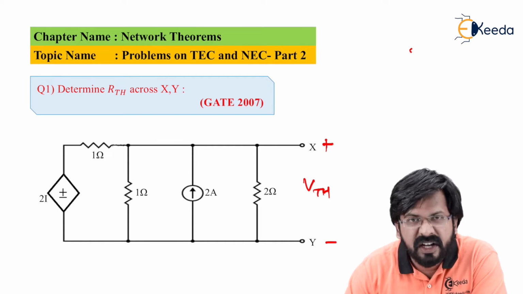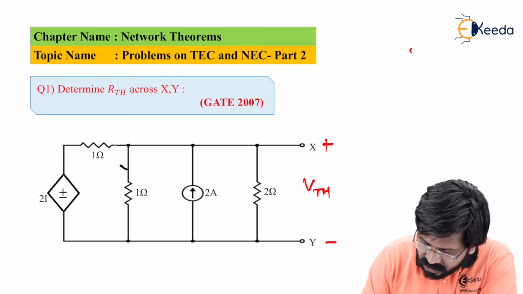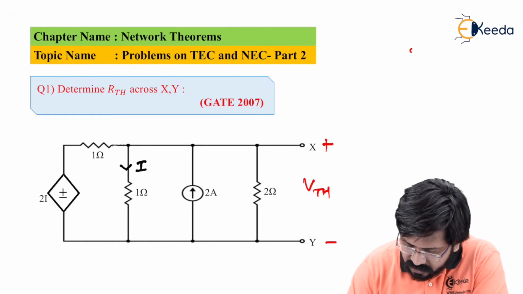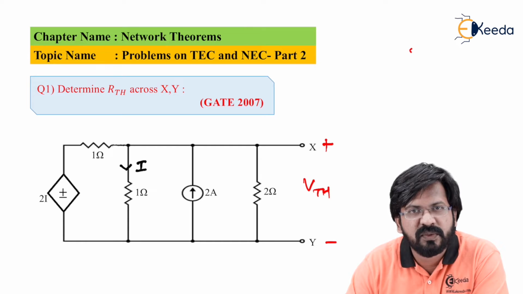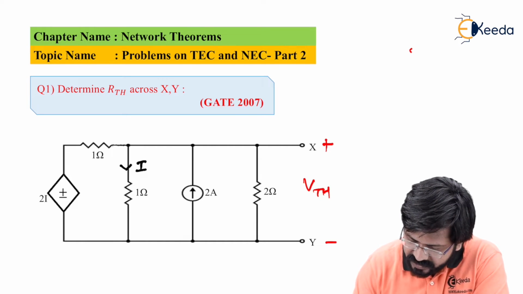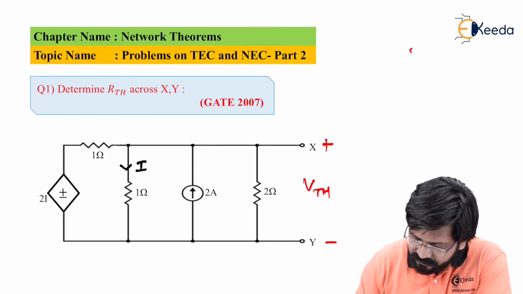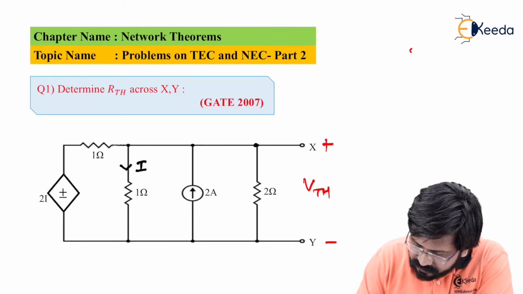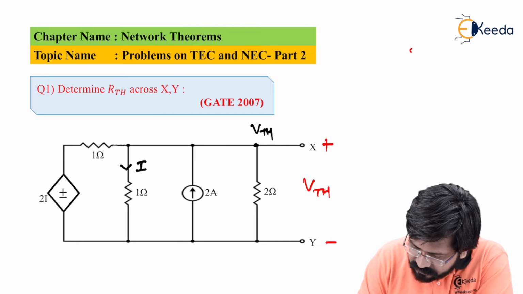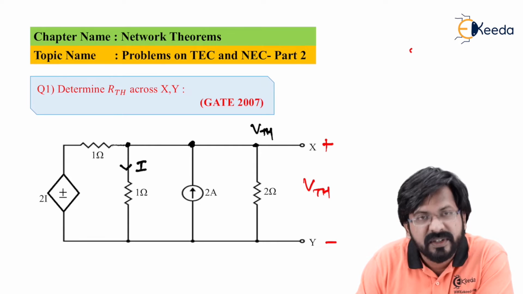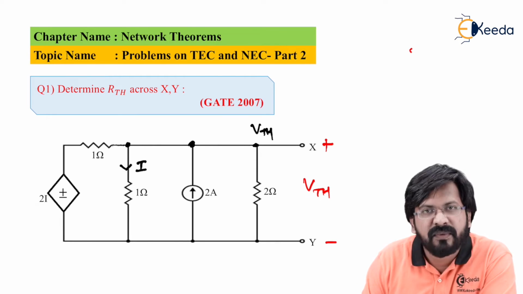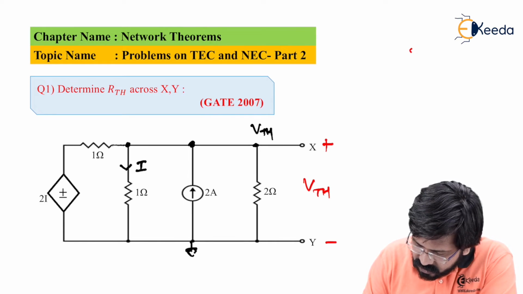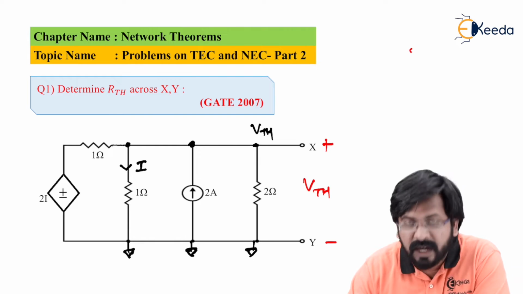As you can see, there is a dependent source having magnitude 2I. Assume current I here. If this changes, this 2I value, that is voltage, will change. So let's see how to go about it. If I have to get VTH, I can consider this node itself as VTH, and this point and this point are the same. So we'll have only one node to be solved, and we have to take one as a reference node. Let us assume this is the reference node. So we need to only apply KCL at VTH to get the value of VTH.